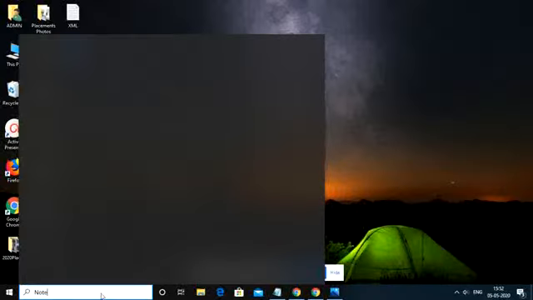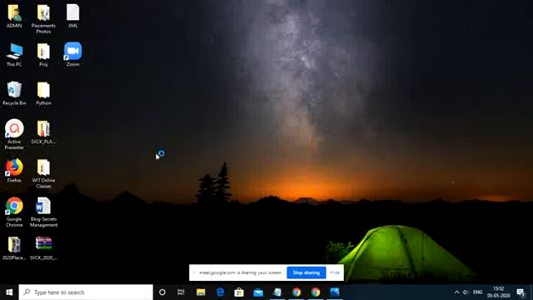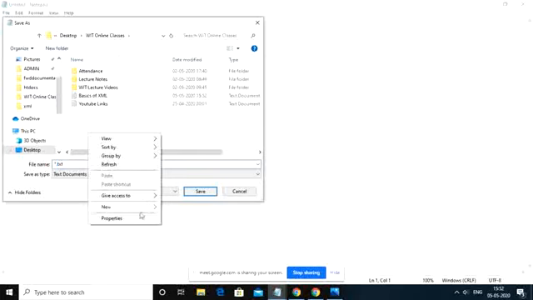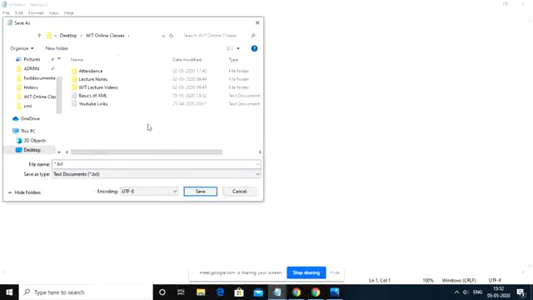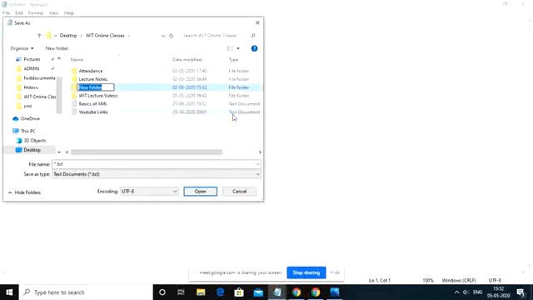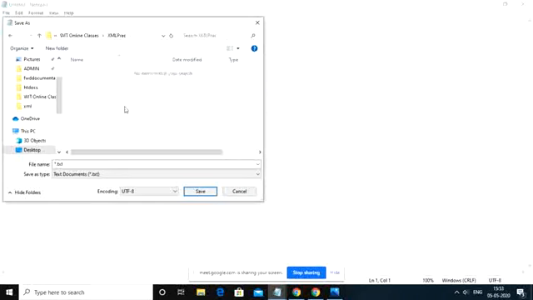Now I am going to take one example. Take your Notepad, go to File, Save As. Within this folder, I am going to create a subfolder, a new folder, which I am naming XML prac. Under the XML prac folder, I am going to save this as a student.xml file. Save as type: All files. The extension we need to give at the end is .xml.